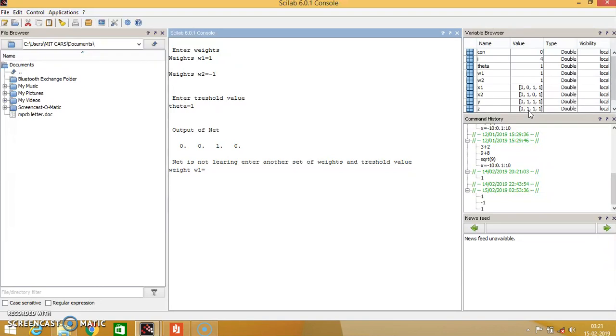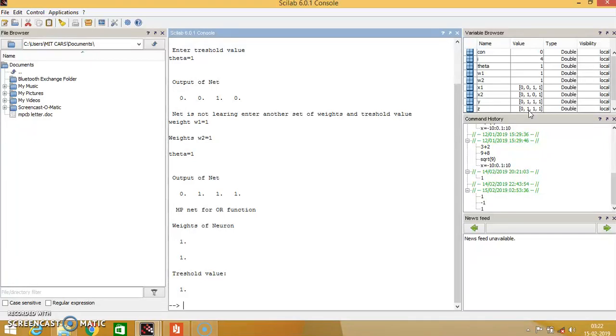So we cannot draw an MP model for those weights and threshold value. So we have to again enter positive weights for both the input neurons, and theta is also positive. Then we will get the actual and target equal, so we can draw the MP model for those weights and the threshold value. We have to print the final weights and the threshold value.